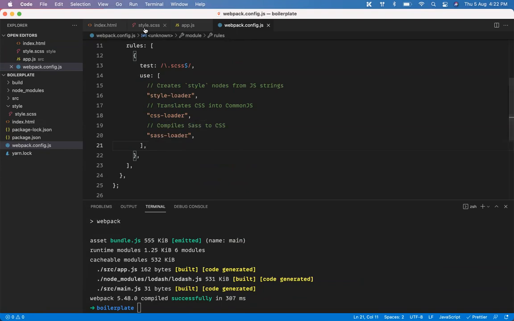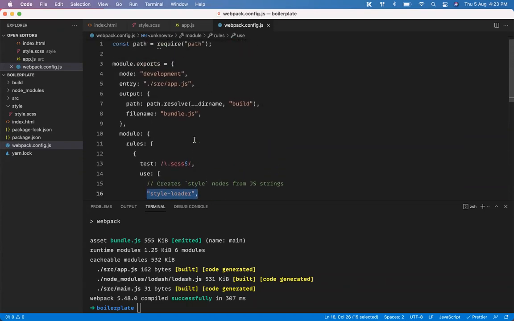You are giving them an SCSS file, so it will accept the SCSS file and convert that into CSS. So this is responsible for compiling SCSS into CSS. Once this is compiled, you will get your CSS. Then it will translate CSS into common JavaScript or something, and using the style tag, it will load it here. So these are the 3 processes it will need to do.